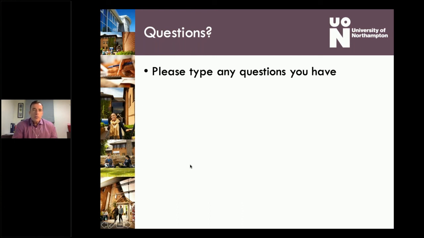As I mentioned, know your personal statement. The questions will begin with things like, why do you want to do a DBA? How will it improve your business practice? How will it improve your current role? Those sorts of general questions. And then it'll go through section by section of your proposal. So prepare it, but make sure you know your proposal well. That's the key thing.